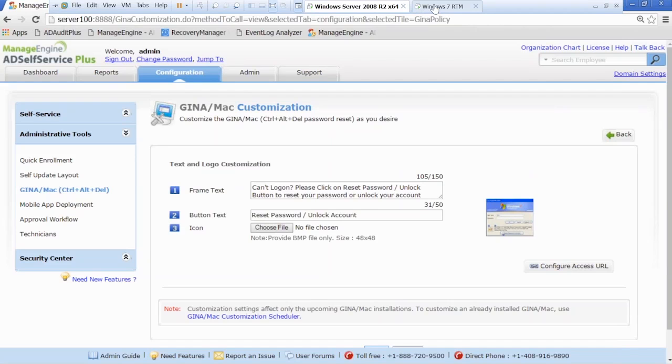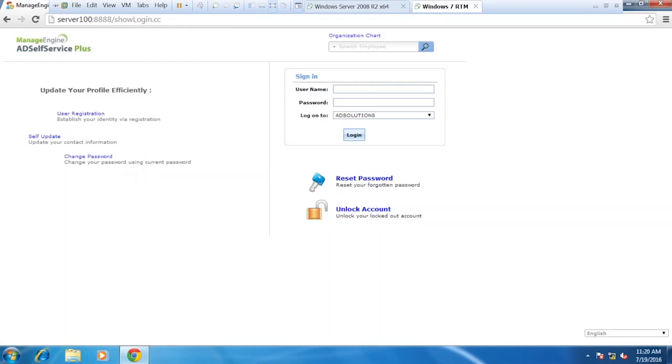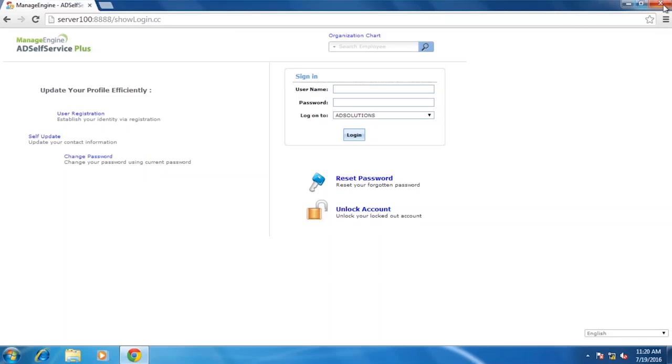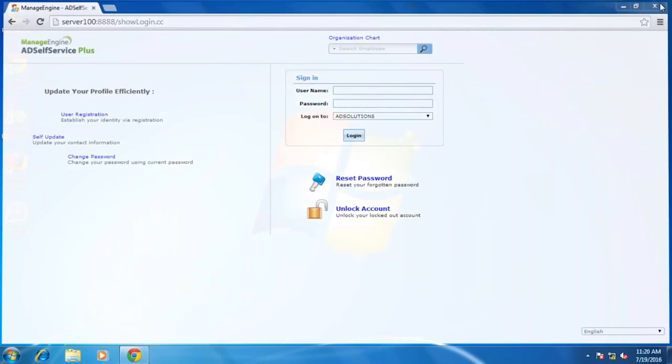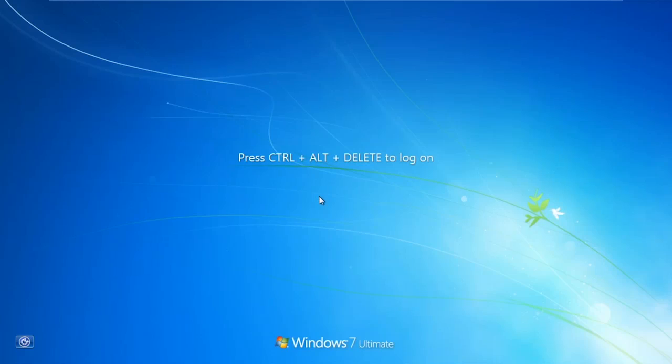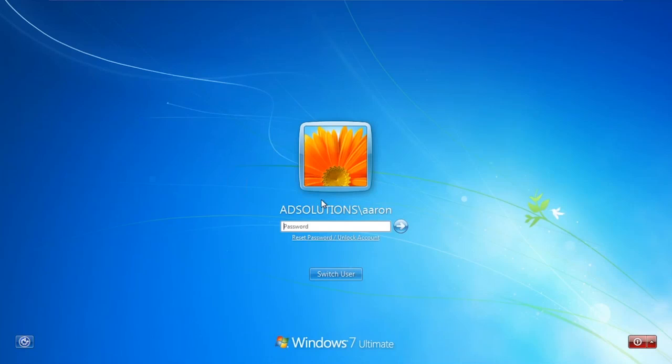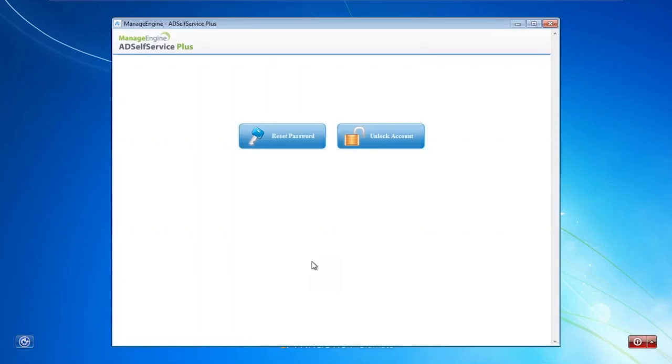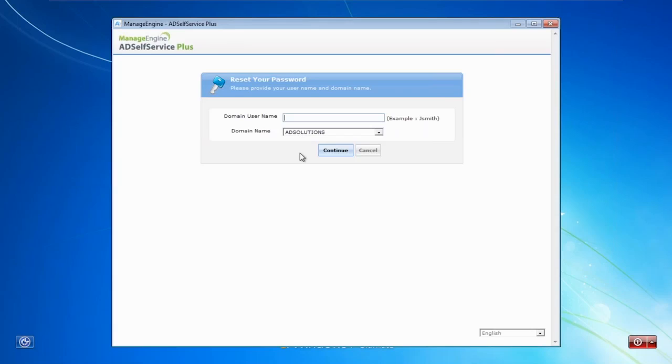And on the other end, what this looks like is if I don't come into this environment, instead I am logged off. So let's say that I'm at this point and I come here, this is where you see the reset password. And you see it immediately sends me to the web interface so that I can reset my password.